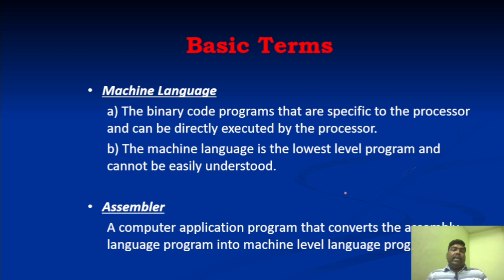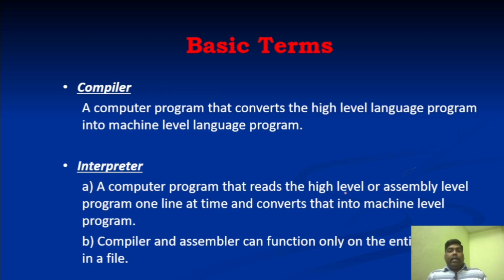And similarly, there is something called a compiler. A compiler is the one which converts a high level program, that is written in C, BASIC, or Fortran, into a machine language program. We can use a compiler. And there is something called an interpreter. An interpreter is one which can convert both a high level language and an assembly language program into a machine language program,